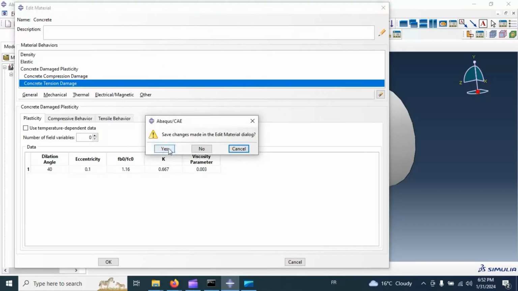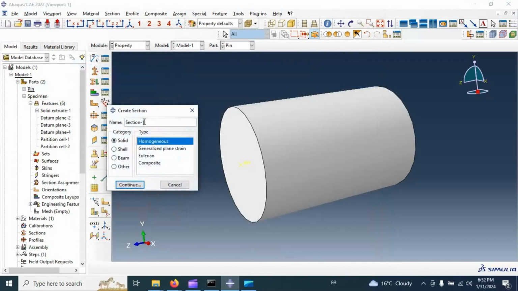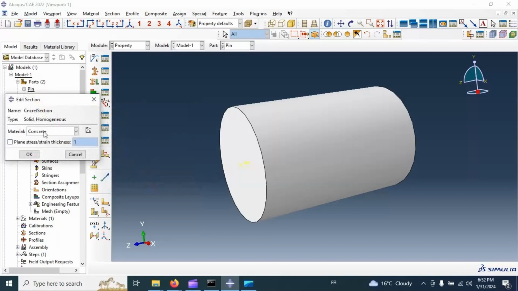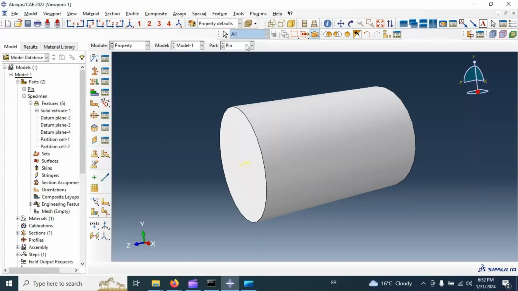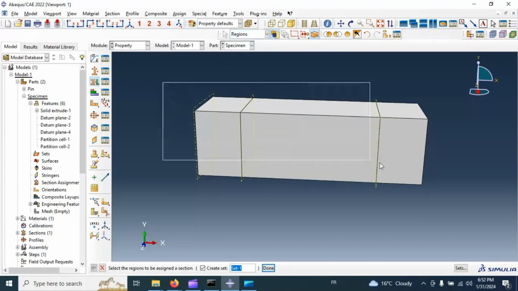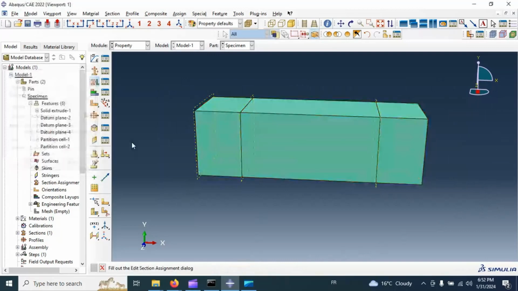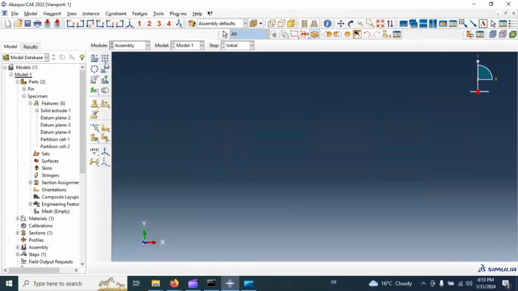Now let's create section, concrete section, solid homogeneous, and select material. Click OK. Now let's assign this material to our part. Click OK. Now let's go to assembly module and